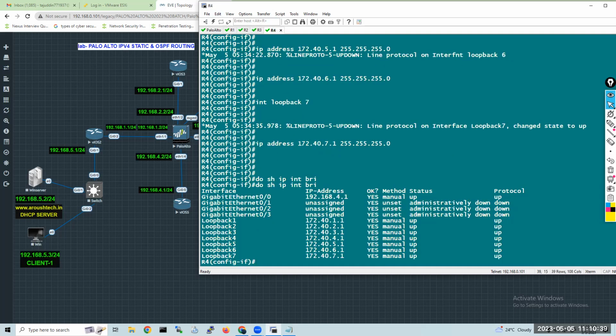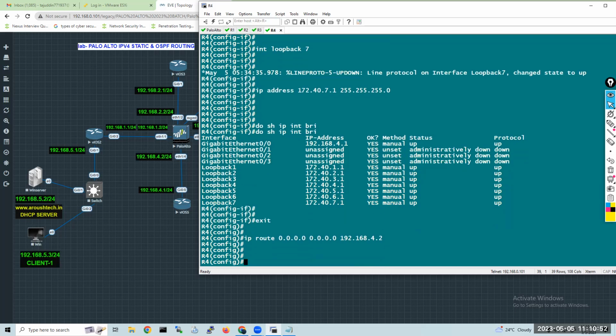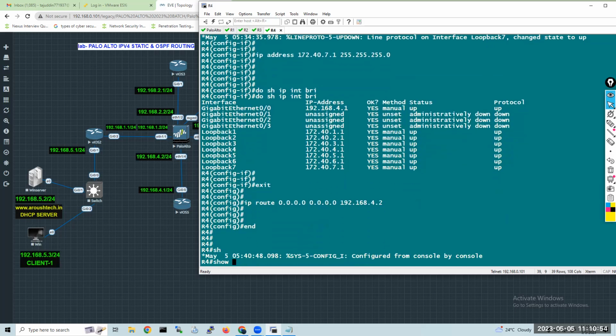Once you practice, you can understand completely, no problem. Any network, any mask, then you tell me. 192.168.4.2. Good. Suppose if you type show IP route,